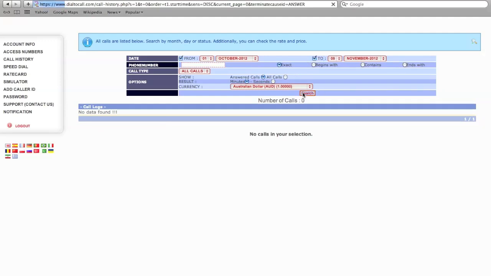Once you hit the search button, it will look for any calls for that duration in our system, and then display it here. It says no calls in your selection at the moment, because it's a test account and I haven't made any calls using this account yet. But if you have made any calls, it's almost real time. Which means once you hang up, if you want to know how much you've been charged, or where you called, or when you started, all that information can be accessed from this option here, call history,